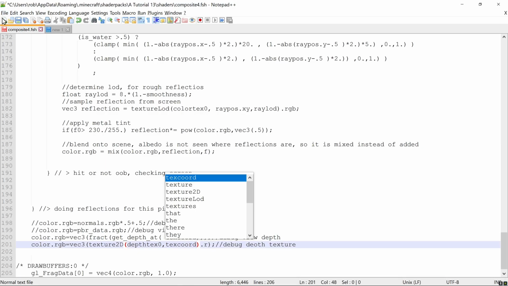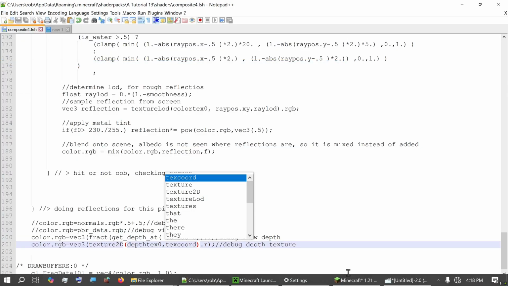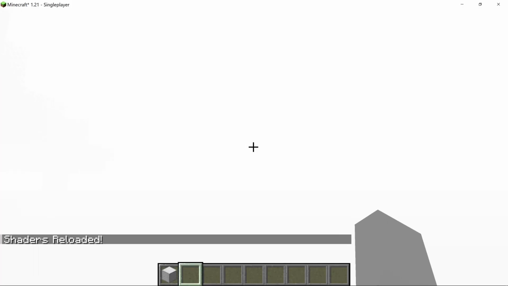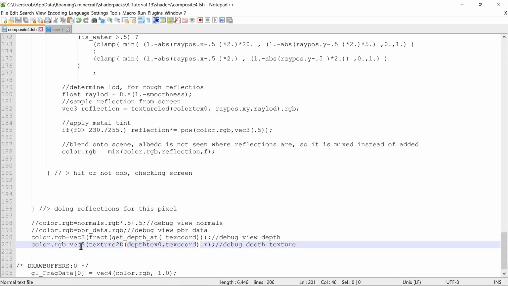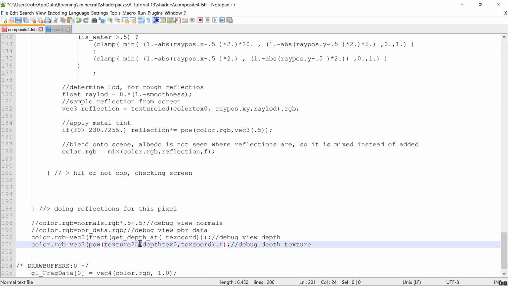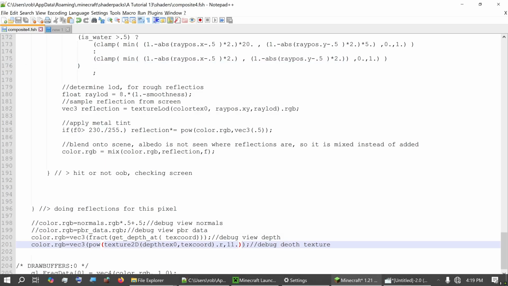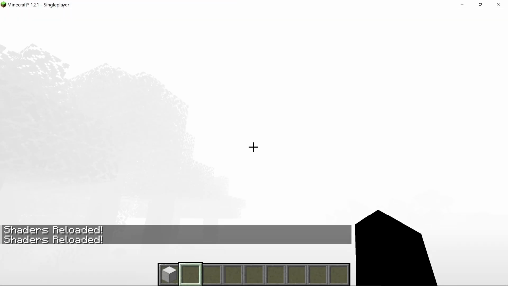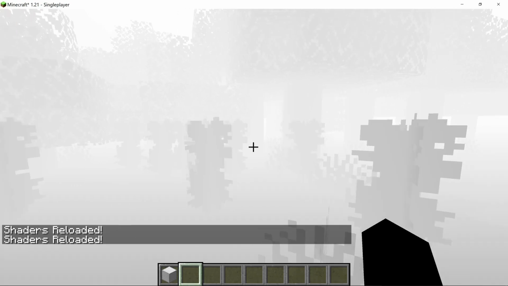If you're using an IDE that checks you for errors, you won't have this problem. Okay, so again, as before, that's not visible. But if we wrap this in an exponent, it may be visible. There we go. So now if we do a really heavy exponent, you can start to see where this shows